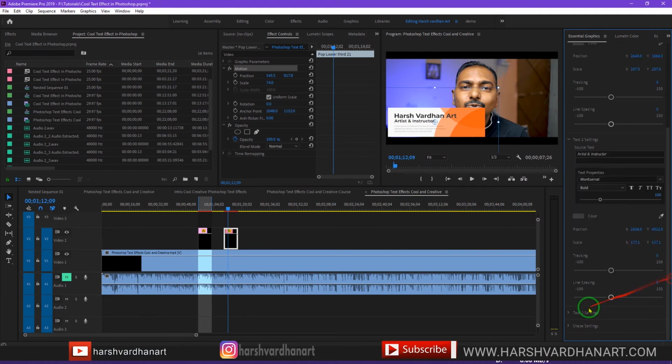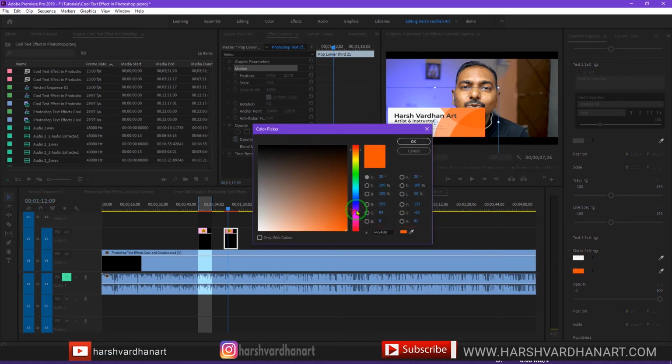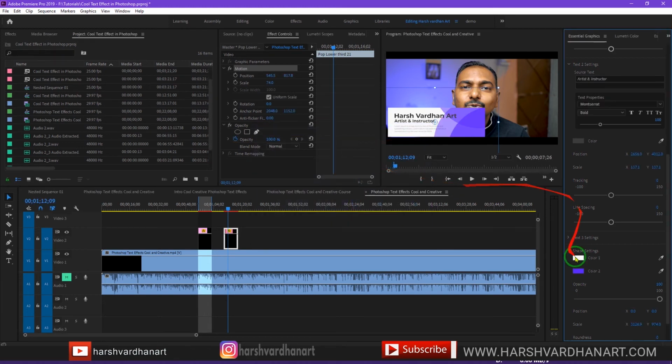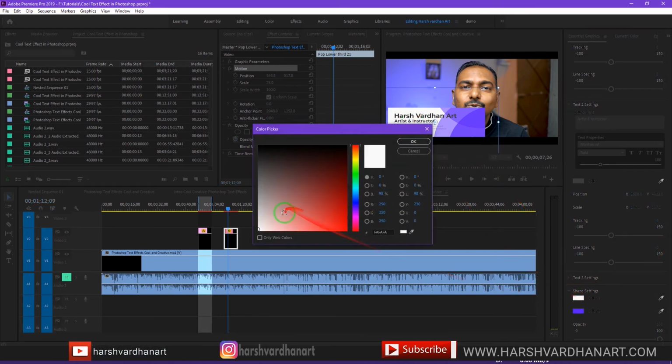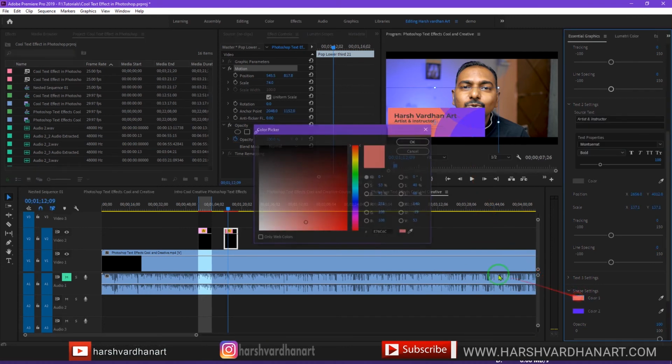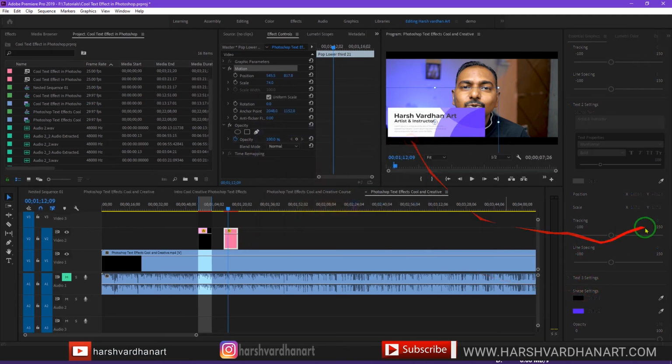So suppose we don't like this shape's color orange, so let's change it to something like this. Okay, and we can easily do this. And if we don't like the white color, we can change it to, let's say, orange. Or we want it to be black, so we can make it black. All right, so everything is fully customizable.